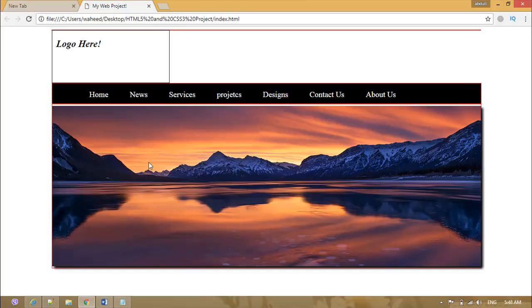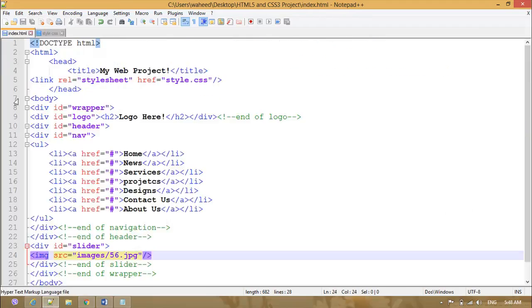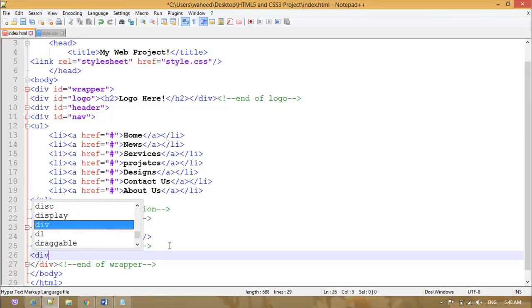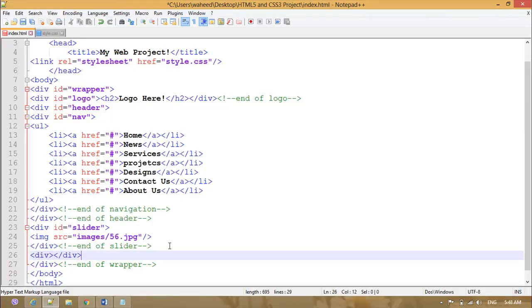So you can use this here, and after this slider we are going to work on the main content, or you can say content area. Just come here after the slider tag. We are going to create another div start, div close, so you can say end of content area. So inside this